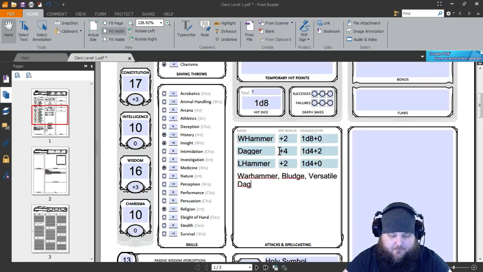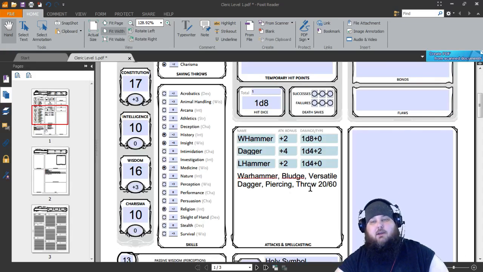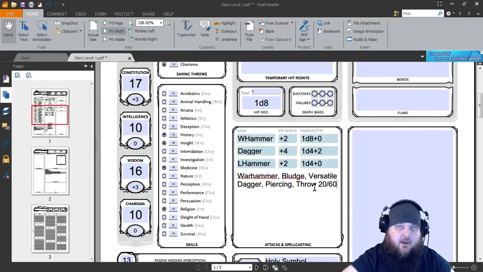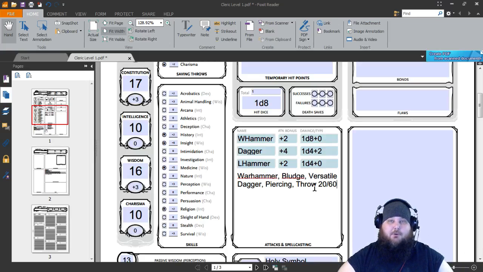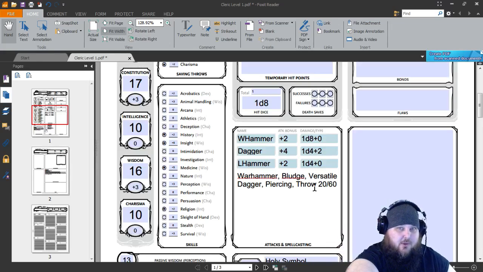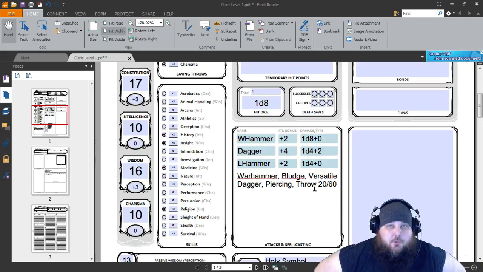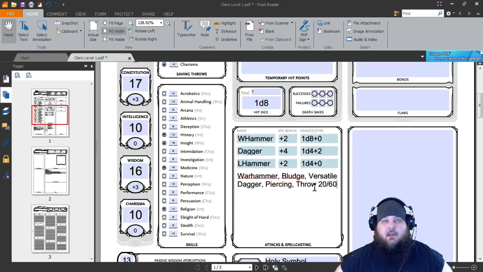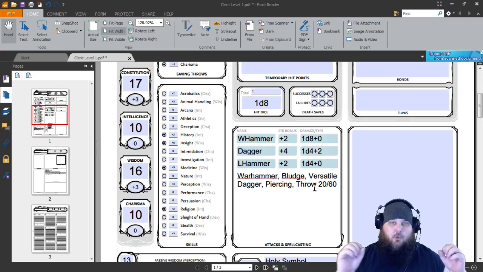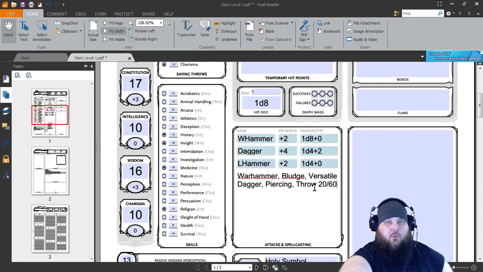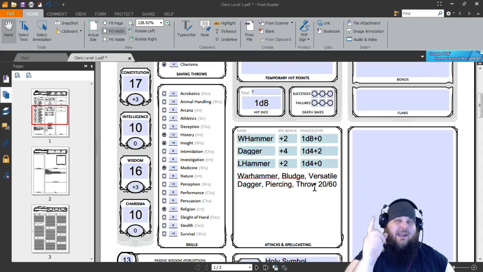Now the dagger is piercing damage, and you can throw it 20 or 60 feet. The way that this works is you can throw it normal, up to 20 feet, with no kind of penalty. If you throw 21 feet or further up to 60 feet, you will have disadvantage on your roll. Now disadvantage is you roll twice and you take the worst roll. Advantage is the opposite. You roll twice, take the best roll. But anything past 20 feet, throwing a dagger or even a light hammer,